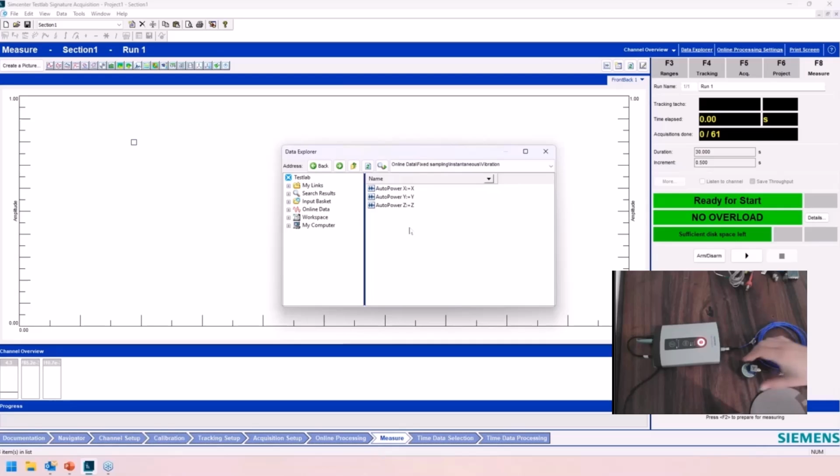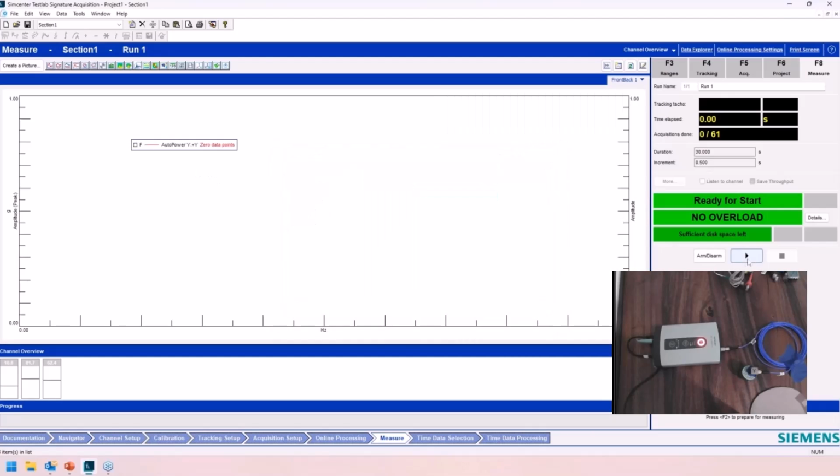And mine, it's hard to see on my webcam, but the up and down direction is actually the Y direction. And you'll notice, because I talked about mounting, I actually put a little piece of tape and then I super glued it to the speaker because beeswax was not a rigid enough connection. This is a very tiny speaker in comparison. Okay, so I've got an auto power. I'm going to click and drag it here. And now if I start to hit play,